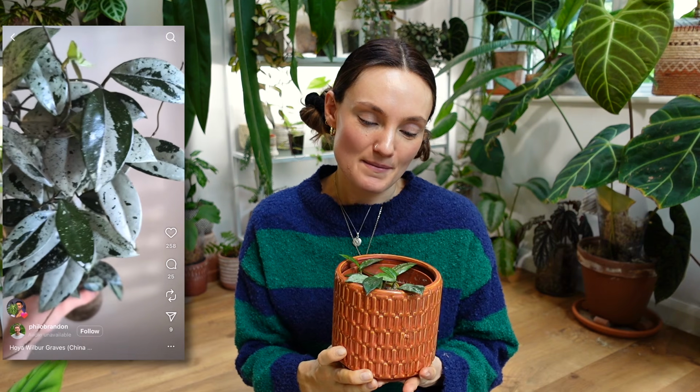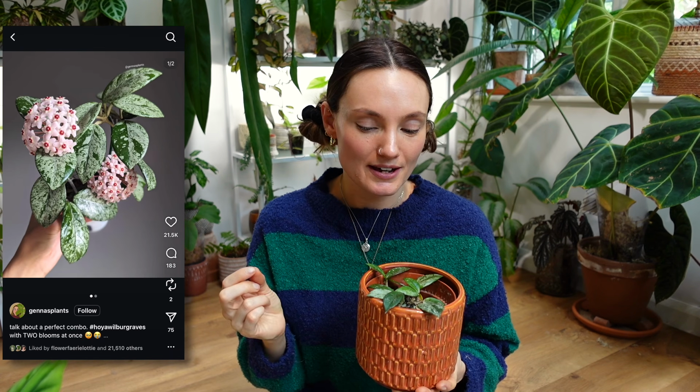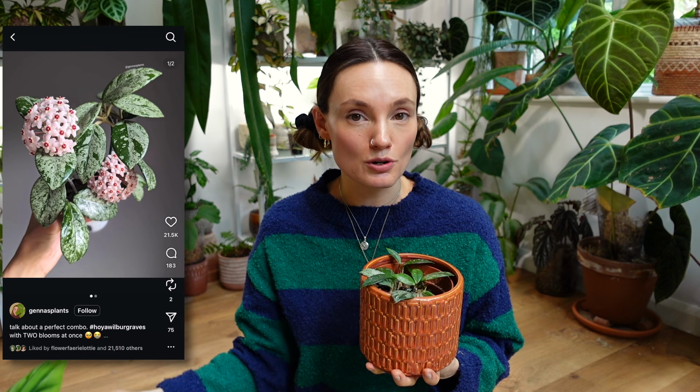I really do. I think it's undeniably gorgeous, and I know some people have had amazing experiences with it and it's just grown like a weed. Maybe some of this is down to me. In fact, I'm certain that a lot of this is down to me, but I just haven't had the best experience with it. And I think a lot of the things that have gone wrong with this plant for me,